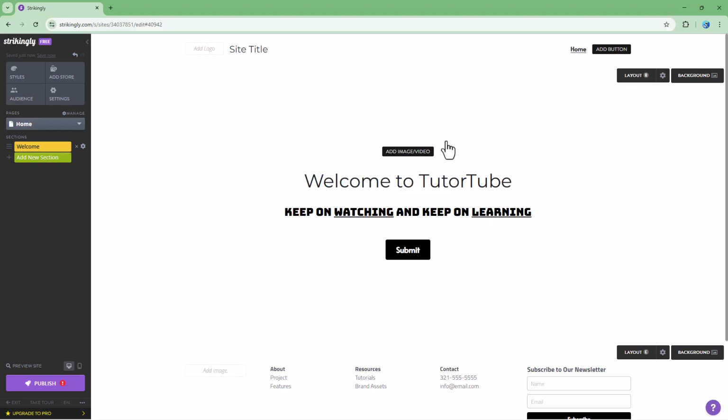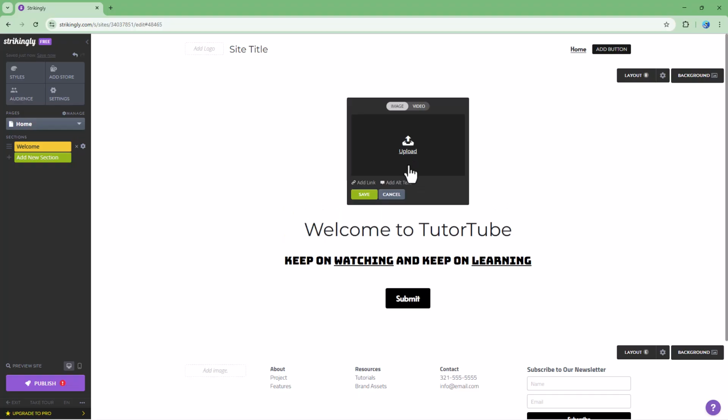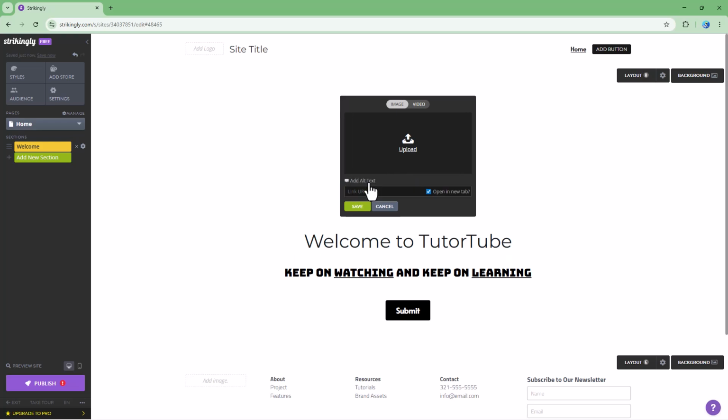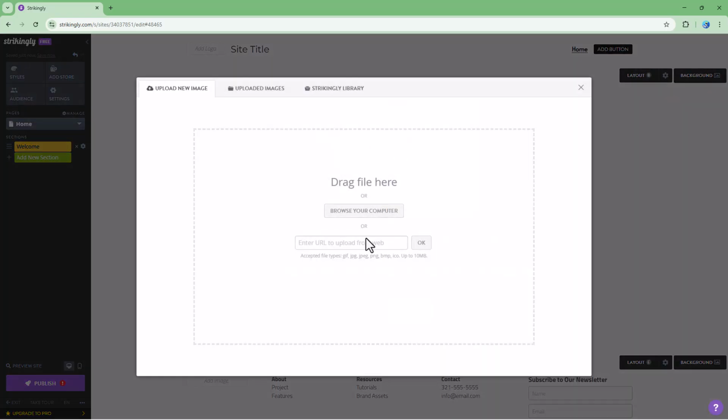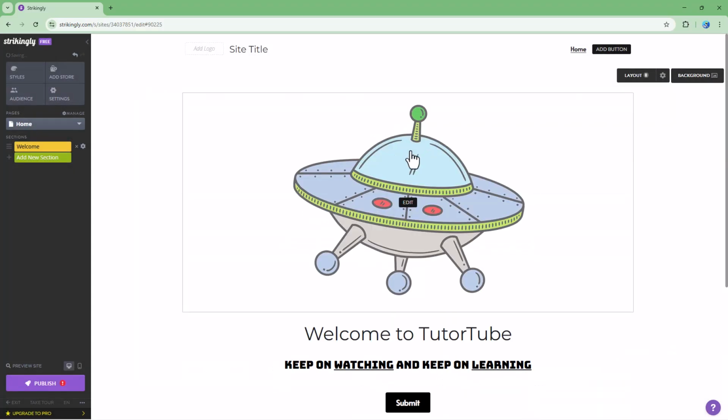Another way you can upload an image is by using a link. So you can add a link right here, just like this, to the image as well. Or let me click on upload, and here you can see that you can actually add an image link directly. For example, let's say I have an image link. I can simply paste it, press OK, and that particular image will be uploaded right here,